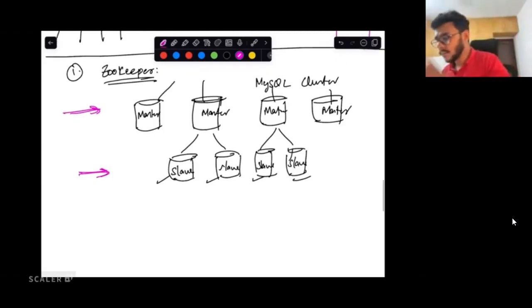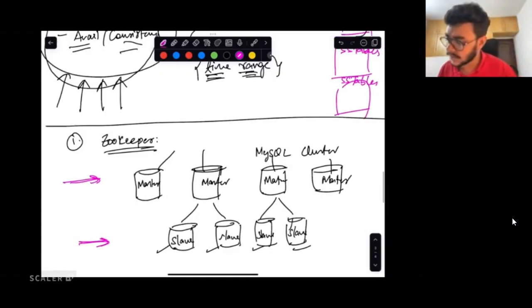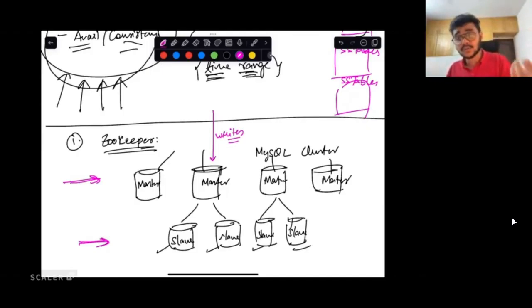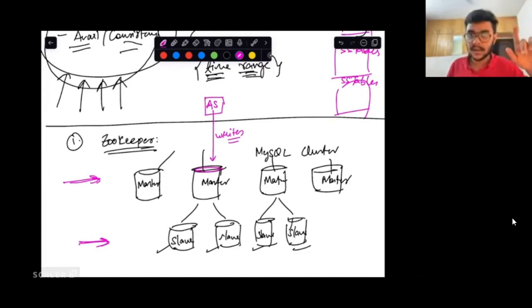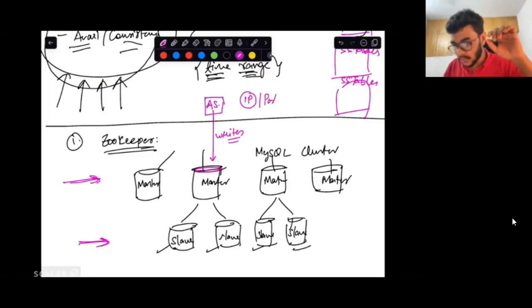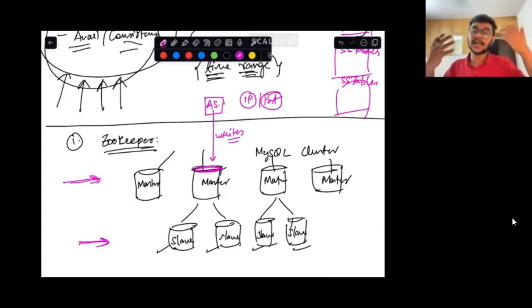Awesome. Now we ended up discussing a lot of times in our lectures that, okay, fine, all the writes we are going to be sending to the master database. How will we be sending these writes to the master database? How will the client, let us say it is the app server, know that my writes have to actually go to a master database? We didn't discuss that. Like, how will the app server know the IP address and the port to which it should be sending a write query so that it lands on the master database? We just said, okay, fine, we'll send the writes over there.